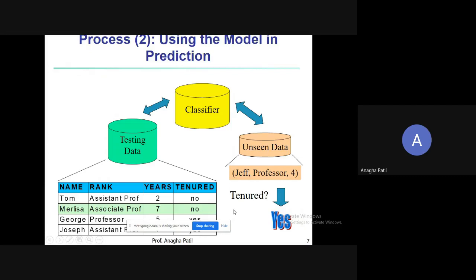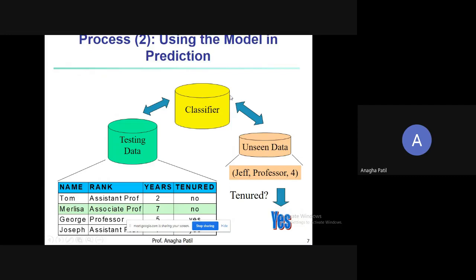So what has happened over here is, though we have provided the test data according to the training that we have provided to the classifier, the predicted output is yes, that is tenured is equal to yes, whereas in the test set it is no. So this is how the prediction can be wrong sometimes, and we'll further see the methods to improve the accuracy of your classifier.